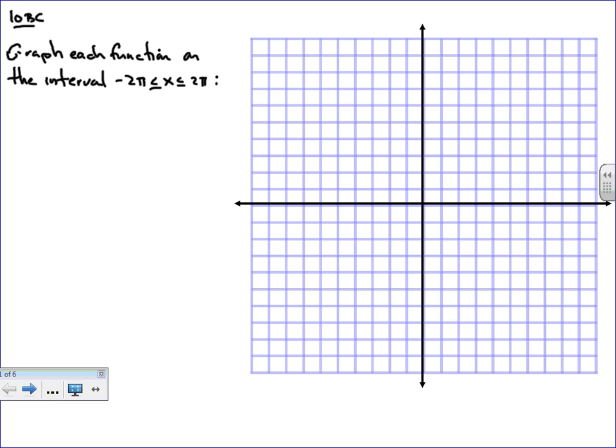So I've given you a piece of graph paper. I'm going to go up by quarter pies here. So this would be pi over 2, pi, 3 pi over 2, and 2 pi. And on the other side, negative pi over 2, negative pi, negative 3 pi over 2, and negative 2 pi. We'll go up to 1, down to -1. So again, I'm going to go through this fairly quickly, and then